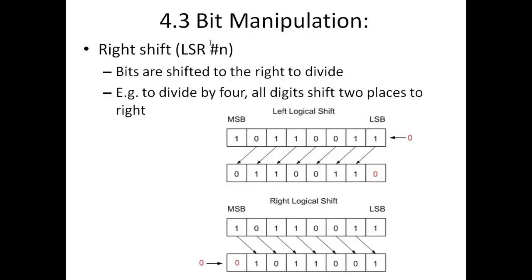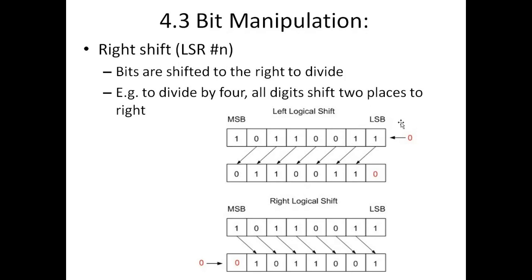Then we have the shift right, logical shift right, LSR, hashtag n. Bits are shifted to the right to be divided. To divide by 4, all digits are shifted 2 places to the right. Here is a diagram to make you understand. This was a binary number